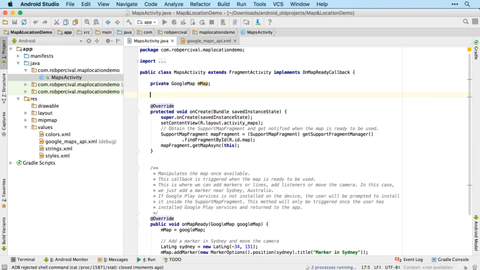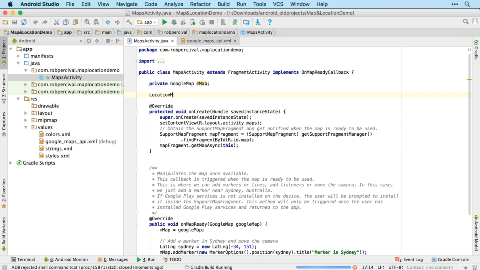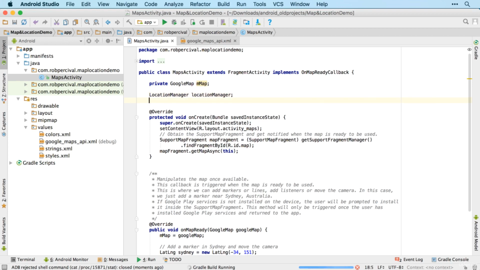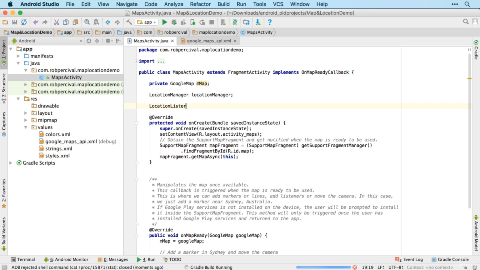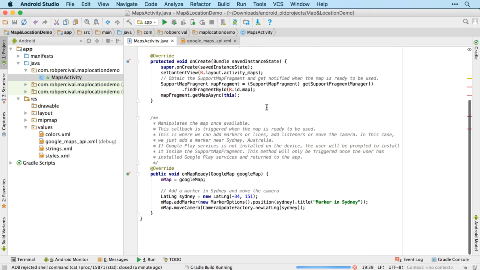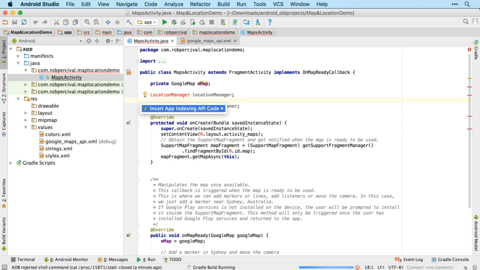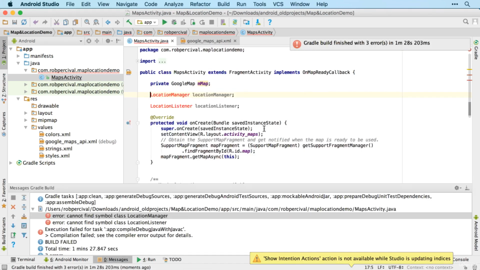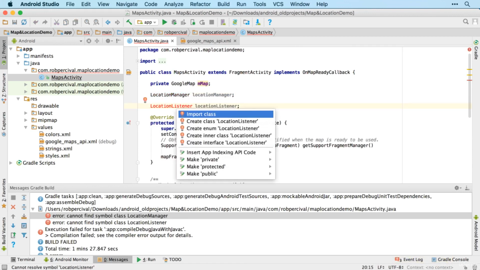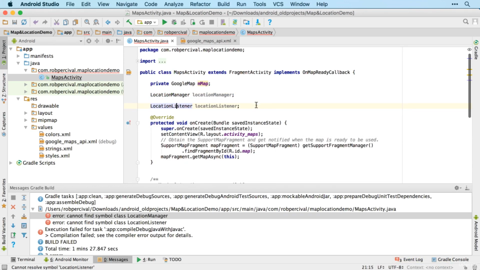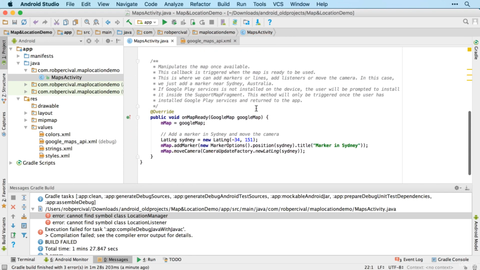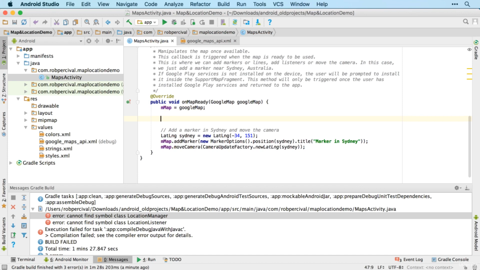Okay, code-wise, we're going to need our location manager, called Location Manager, and also our location listener, called Location Listener. And then we can automatically include the classes for those, and also Location Listener. Okay, so now down here in onMapReady, we'll set up our Location